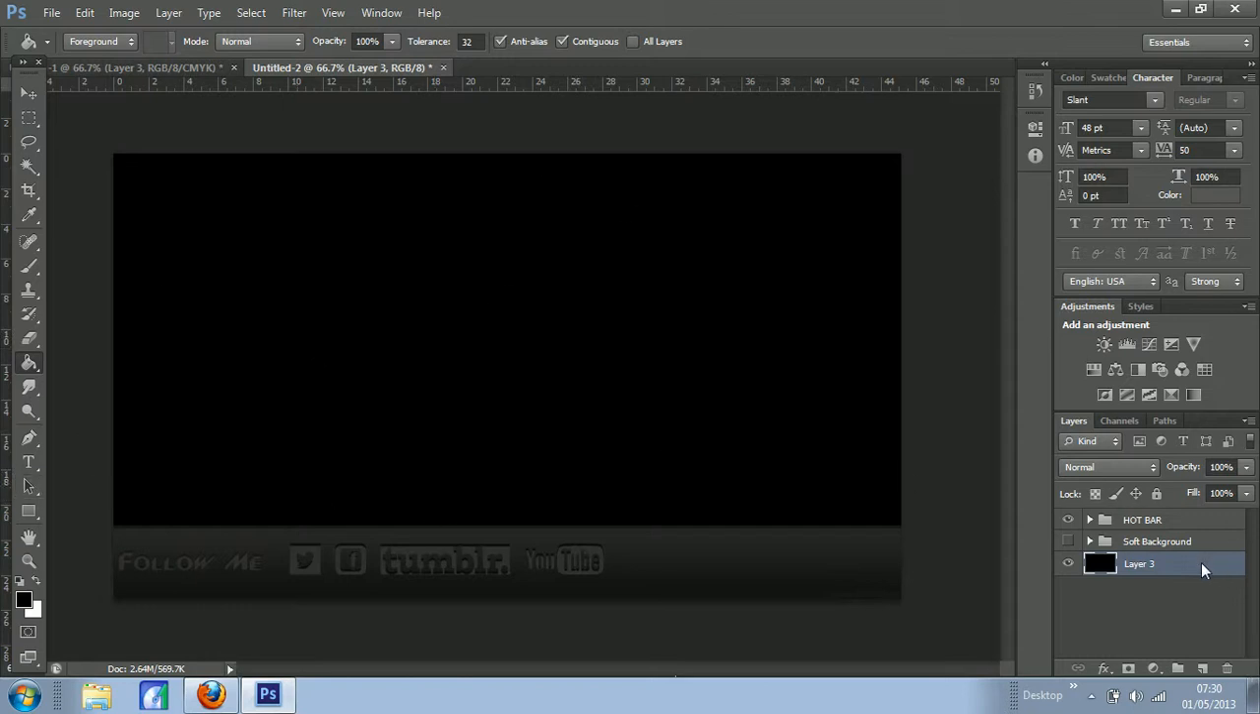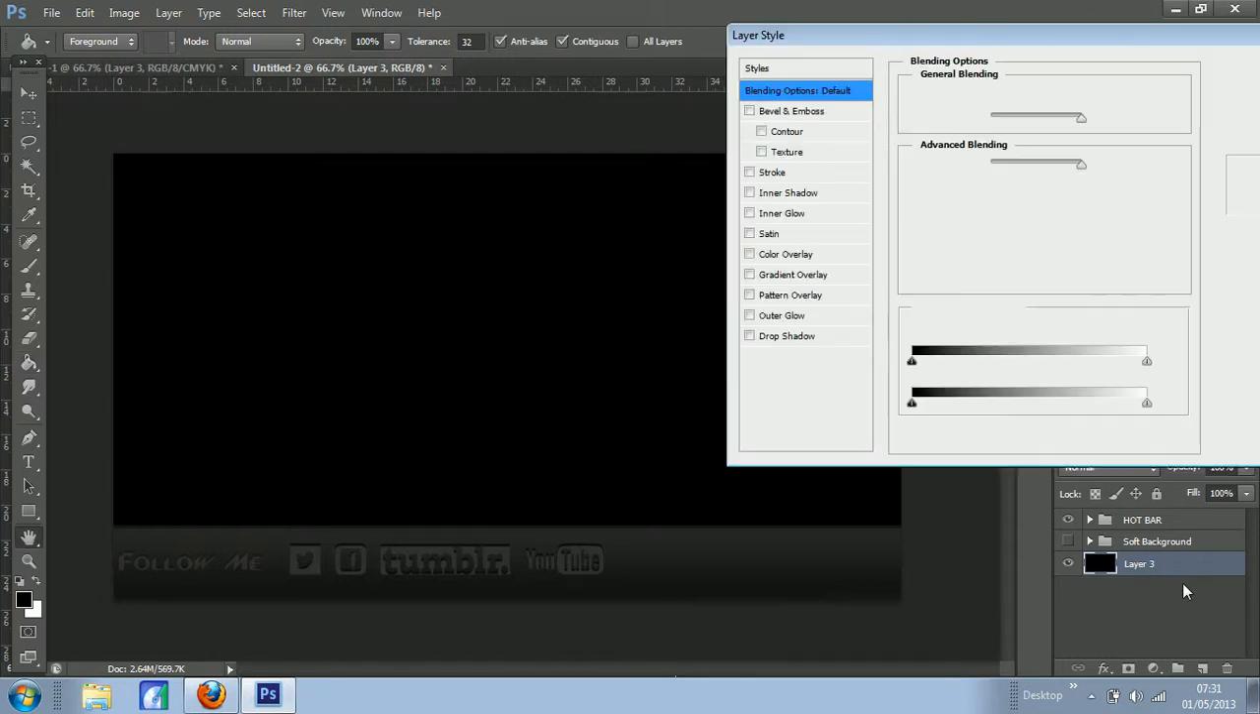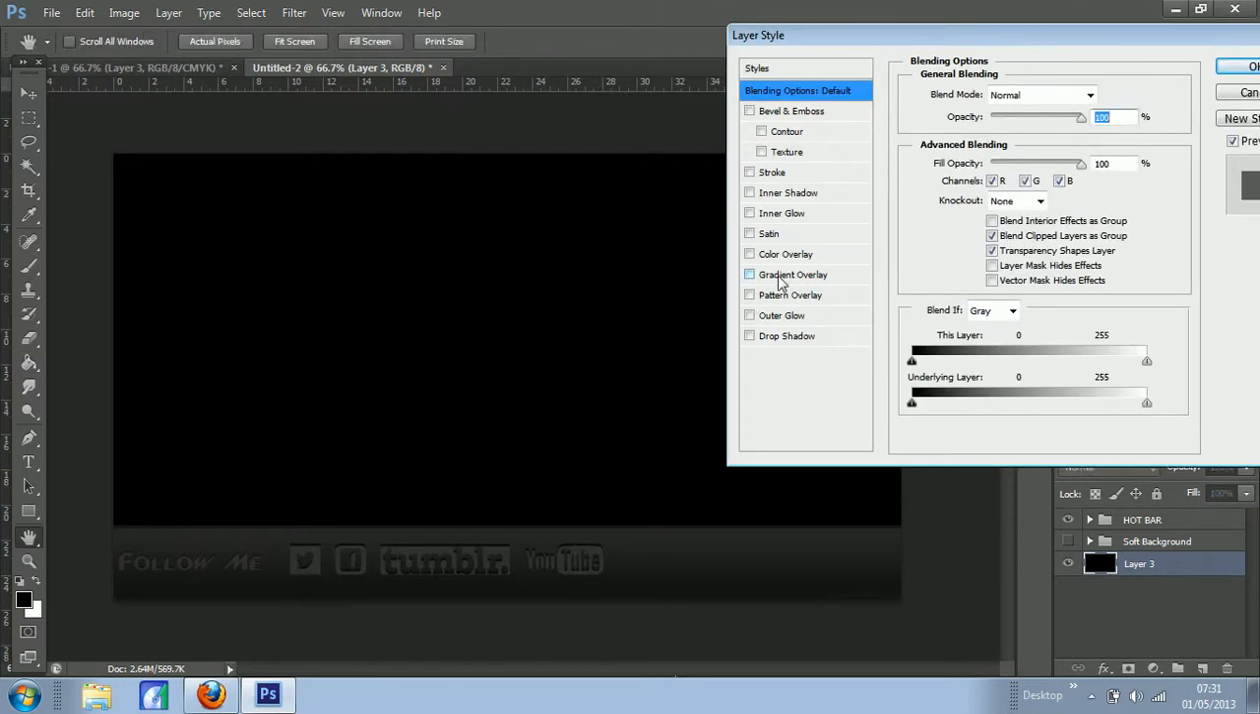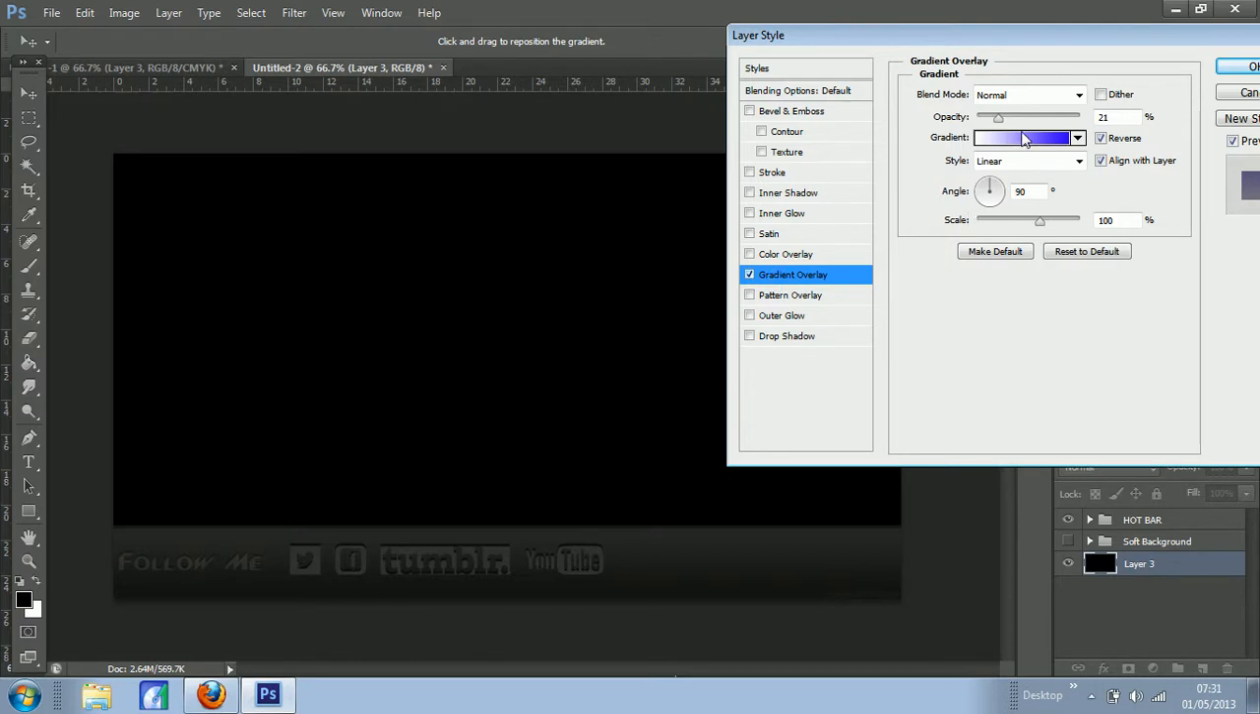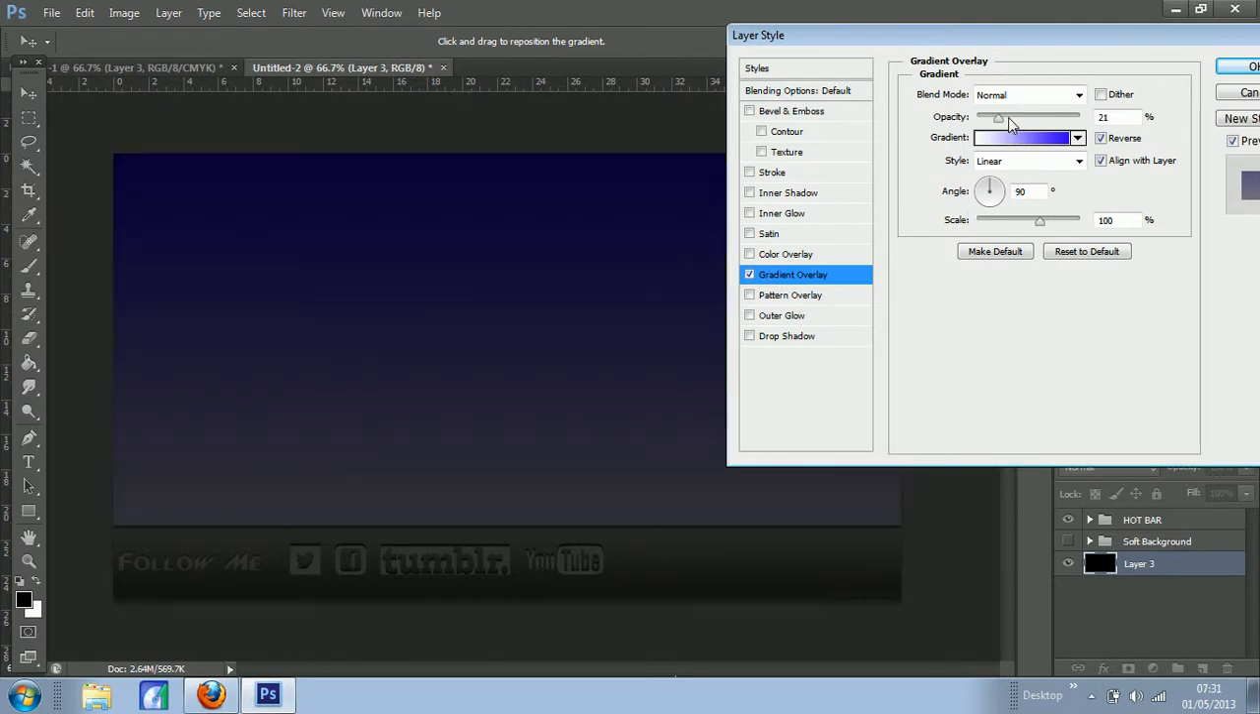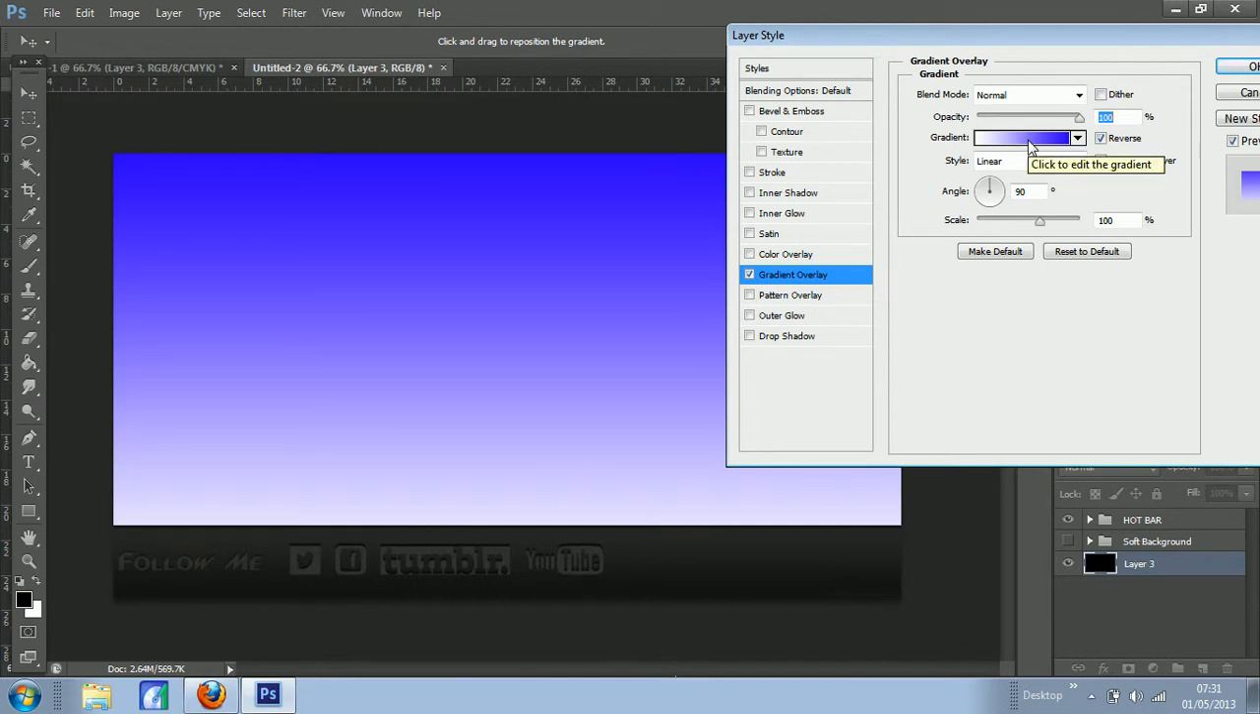What you then want to do is double click on the layer, and you should get a little window pop up with loads of different options and blending modes when mine decides to come up. There we go. So we're going to go to gradient overlay and click that. Mine's got a preset to a really weird one. I'm not sure why it does that all the time, but anyway, put your opacity up to 100%,